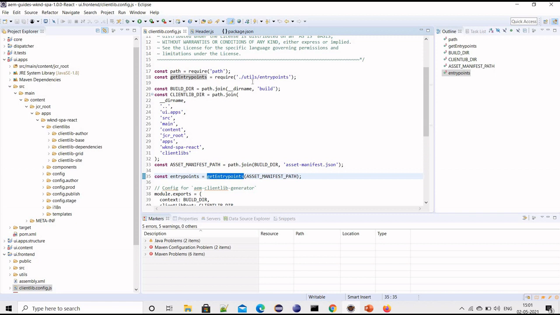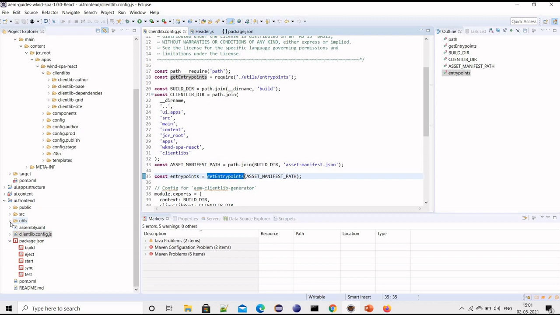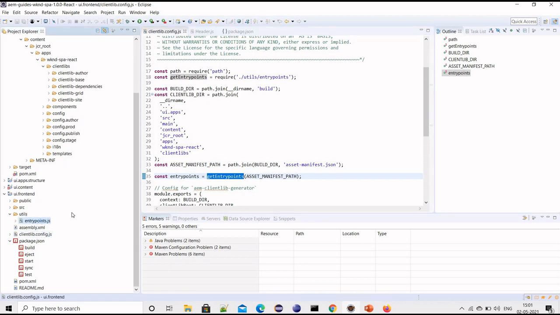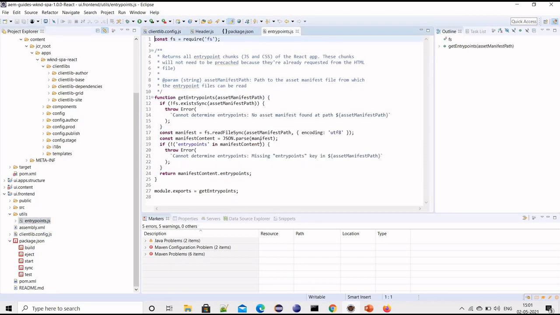Inside utils.entry point, let's go to utils. Here we are creating that manifest.